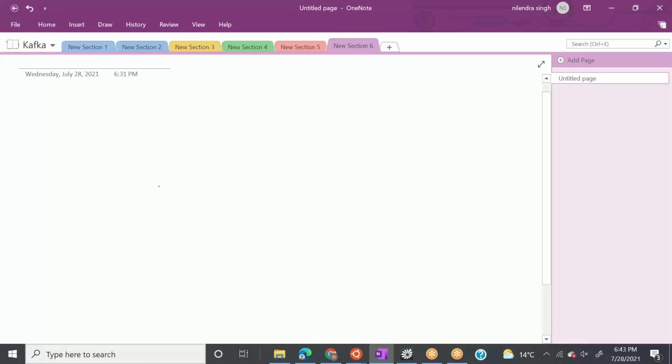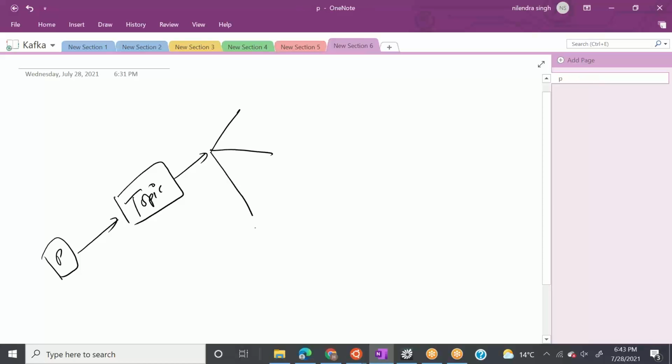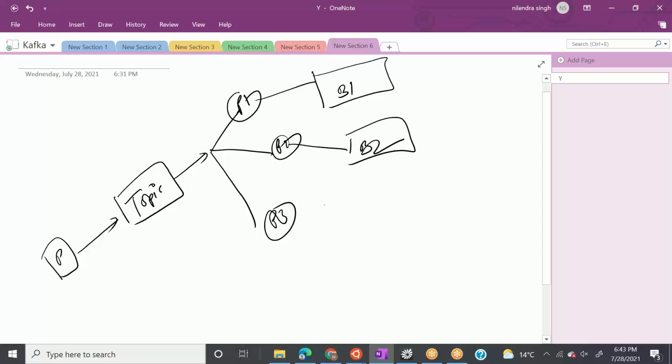So what I'm trying to say here is that every topic which the producer will be interacting with will, behind the scenes, be distributed in partitions P1, P2, P3, and however many partitions you want. These partitions will be stored on brokers B1, B2, and B3. Make sense? It means there will be no bottleneck. The producer will constantly push messages into the topic, and with some logic they will be distributed across partitions, and we are good. So now we know producer, topic, and partitions.